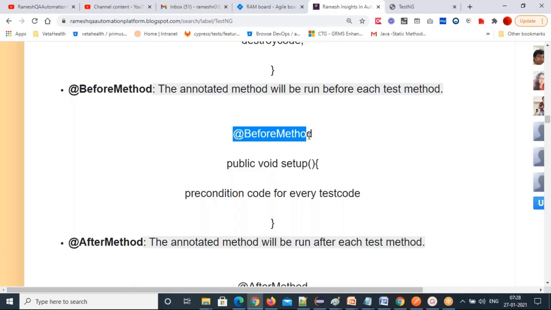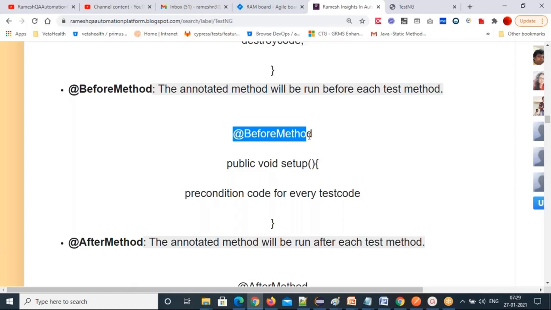Then after that test tag is over, AfterTest will execute. Then if a second test tag is there, one more time the BeforeTest annotation will execute, then the classes inside the second test tag will execute one by one. Then immediately after the test tag, it will go to the AfterTest annotation.